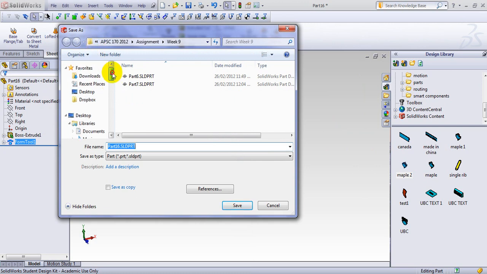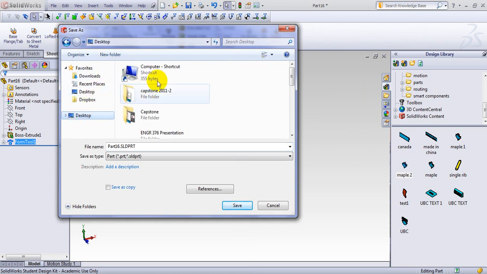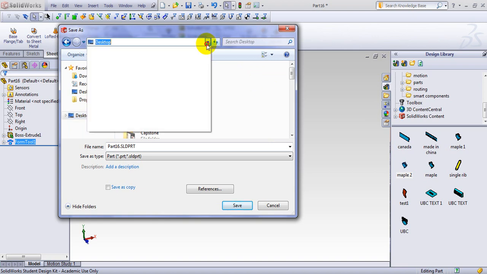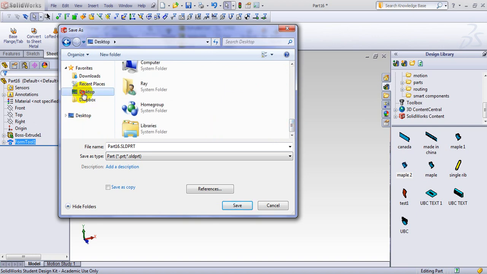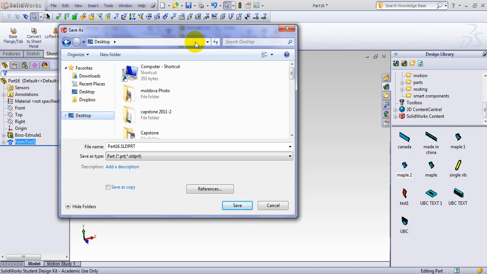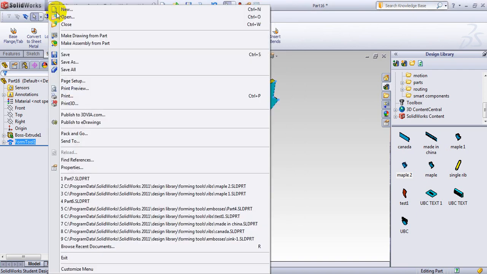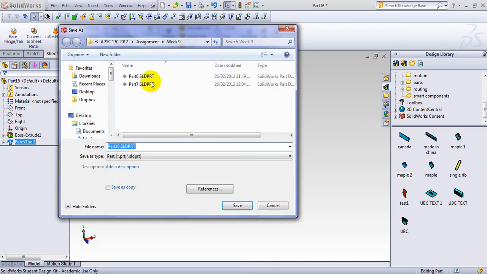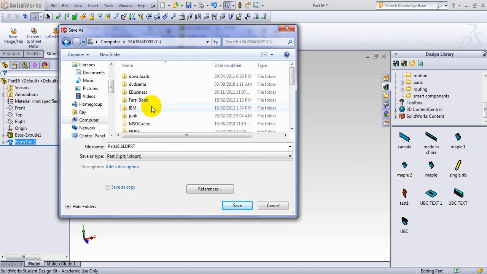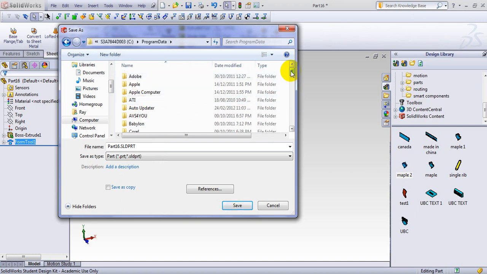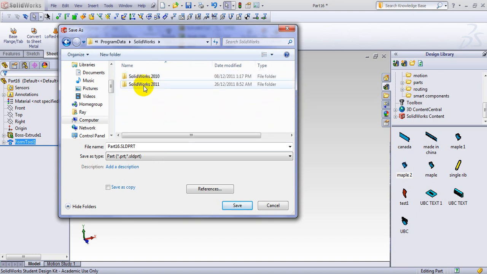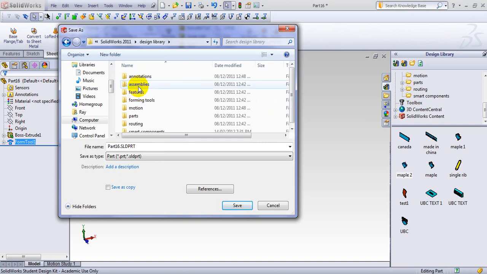I go back here to my C drive, my computer. Let's go back here. Do it again. We'll save as, and go back here to my C drive. In the C drive, if you're using Windows 7, it should be ProgramData, and in ProgramData you go to SolidWorks. Right here, SolidWorks. In my SolidWorks I have 2 versions, so that's version 11. Then you go to design library, and in the design library you go to forming tools, and here you can make an extra